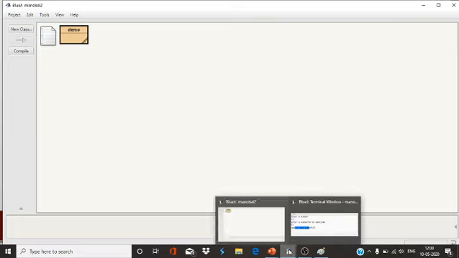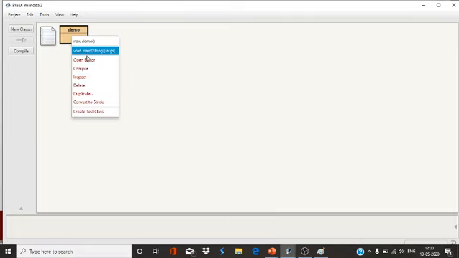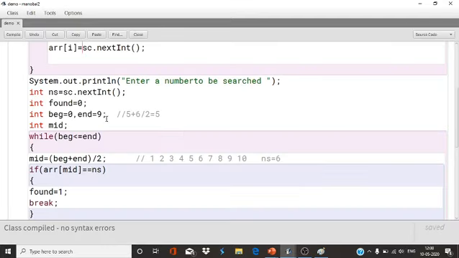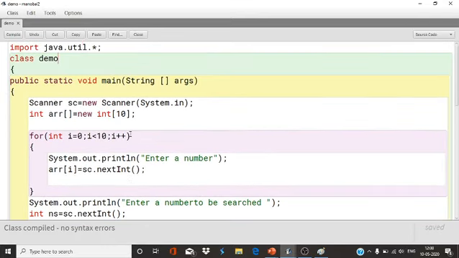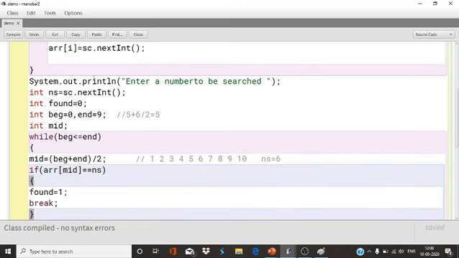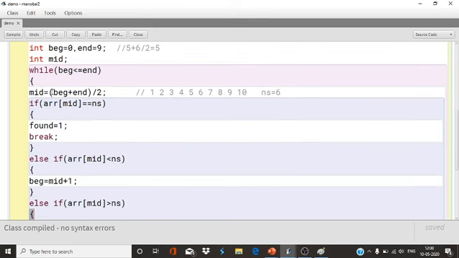Okay students, so this is all about binary search and linear search. For these programs you require variables: beginning for the starting point, end for the last index, and middle to divide the array elements into two halves. And there are three conditions for finding the array element: equal to NS, less than NS, or greater than NS. Always keep in mind it will be either equal to, less than, or greater than.